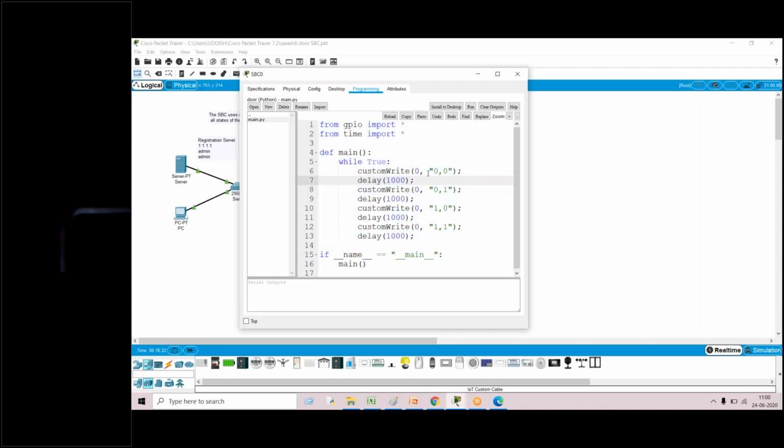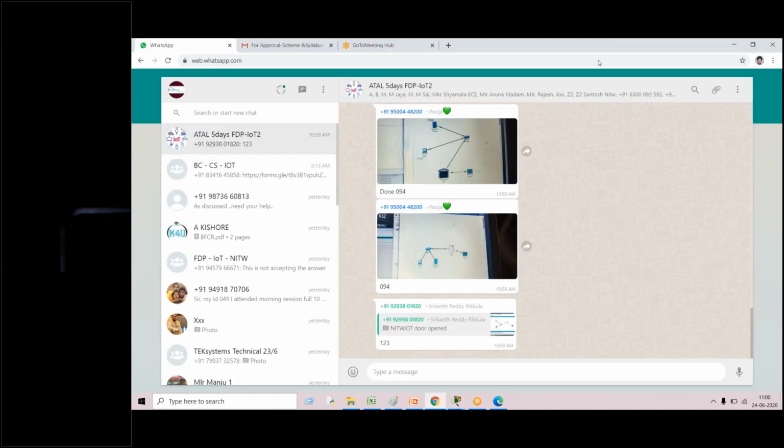Check whether you have given a space in custom write or not. I've given the space, sir. Can you send me the screenshot on WhatsApp, so that I can see your doubt there? Okay, sir, I'm sending.